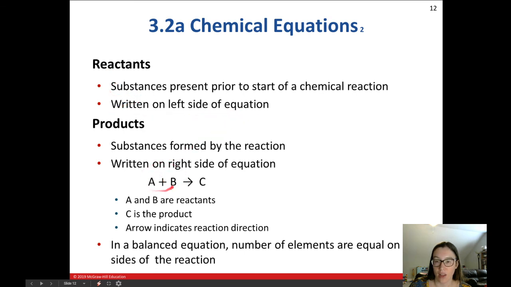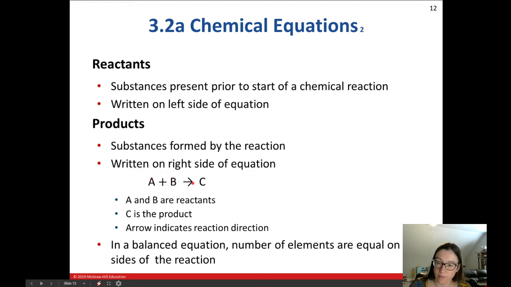So in this case, we've got the reactants here, A and B, and then the products are going to be what's formed by the reaction. They're going to be written on the right side of the equation. And so in this example, C is the product. And the arrow indicates the direction of the reaction. So in this case, A and B are combined, and they form C, and it goes in one